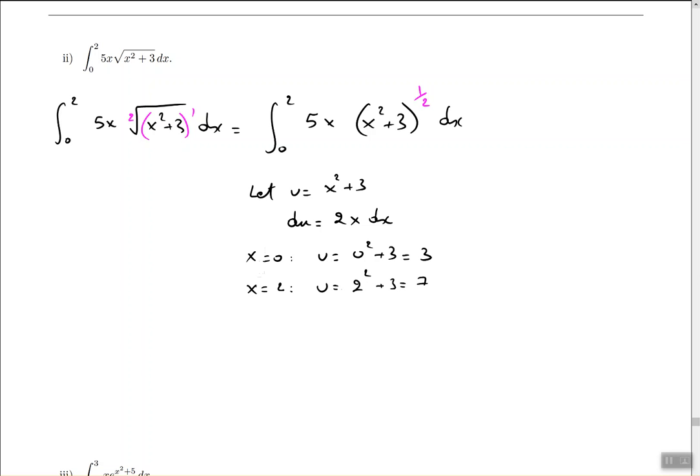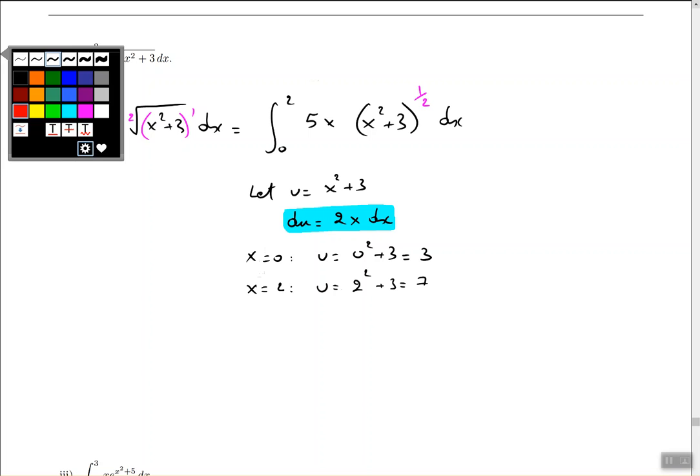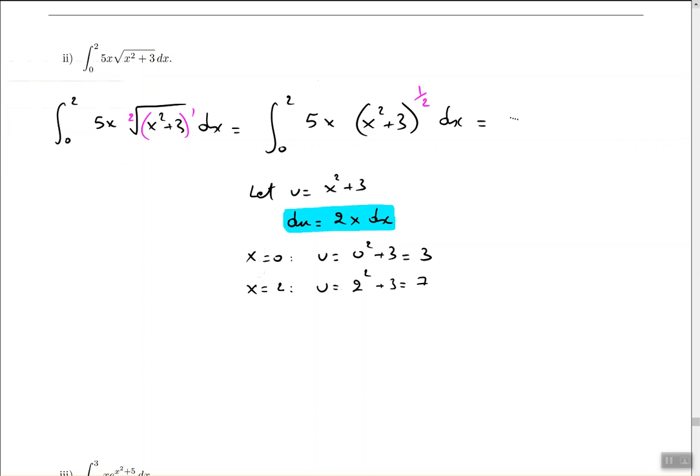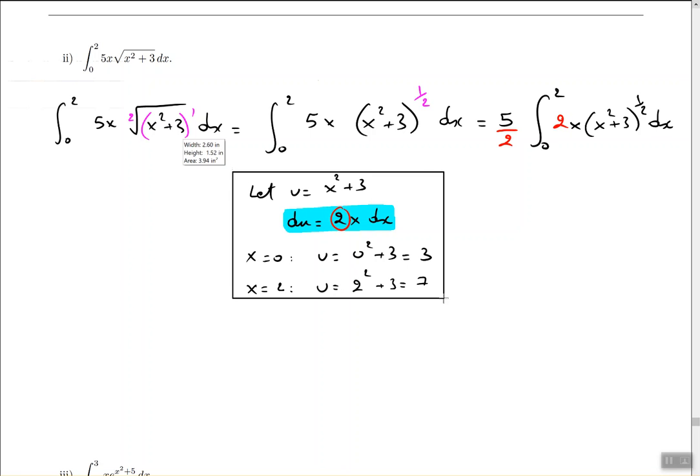Okay, so now the trick is to notice right here that it says 2x dx, not 5x dx. So what are we going to do? Here's what we're going to do. The plan is to get the 5 out of there, write it on the outside, leave the 0, leave the 2, leave everything else unchanged. So the x squared plus 3 with the power of 1/2. The x, leave everything unchanged, but notice how we need a 2. So we'll put a 2 there because that's the number we need, and we'll just throw an extra 2 on the denominator to balance it out. And that's pretty much my setup, and it's now ready to go.